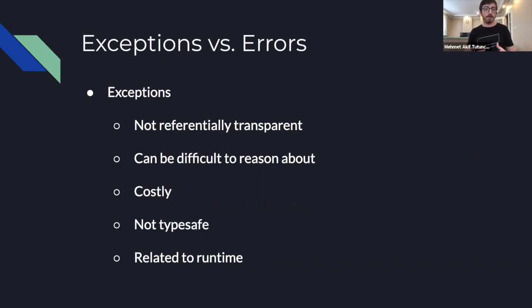So they are necessary, but they have certain disadvantages when they are used for the non-exceptional sort of expected error cases. The first one is they are not referentially transparent. What I mean by this is, what referential transparency is, when you call a function referentially transparent, you should be able to replace the call to that function, take the call out, and put the result back in, and you'll have the same program as before. If we can do this with a function, we can call this a referentially transparent function. So exceptions break this because